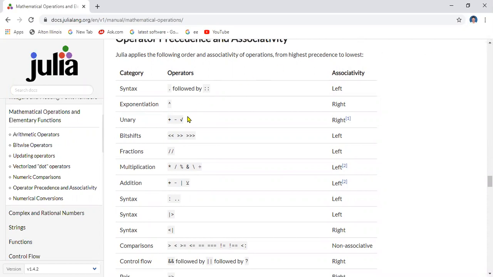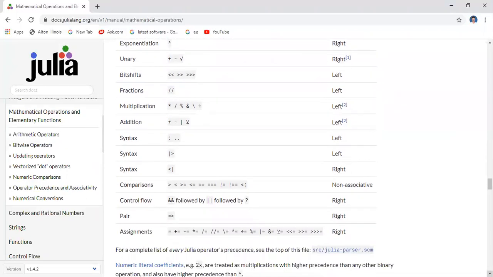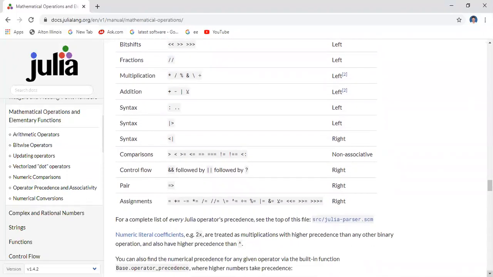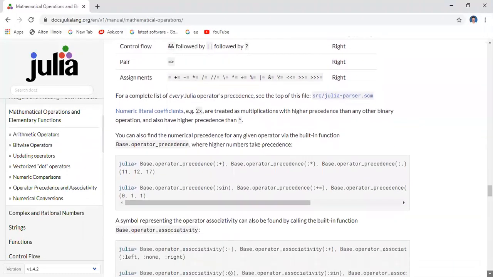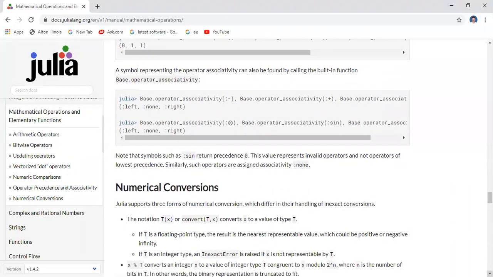Sorry, unary plus and minus have right associativity. For example, bitwise shift operators have right associativity. Similarly, plus and minus have precedence left to right. That is some information.